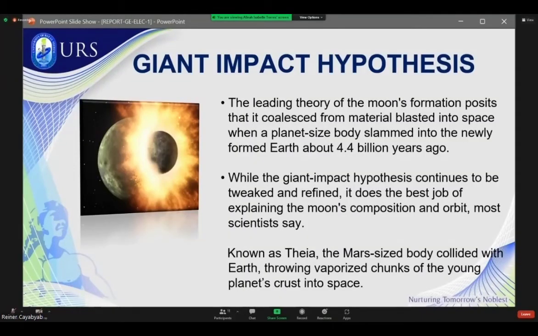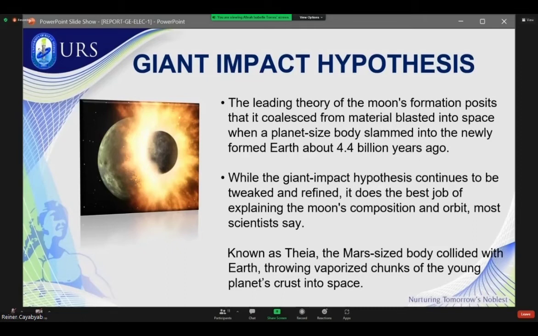Good day, everyone. My name is Rainer, and today I'm going to discuss about the giant impact hypothesis. There's a theory during the early solar system. There's a hypothesized planet called Theia. It struck the Earth and its particles or debris scattered around, circling the Earth.